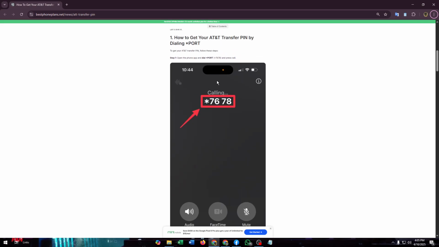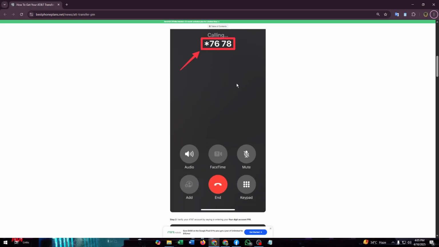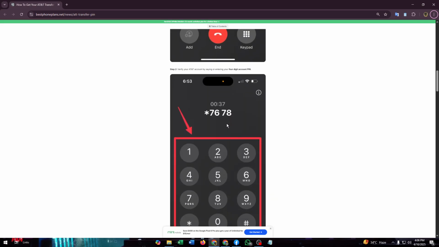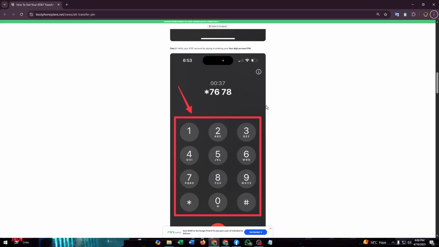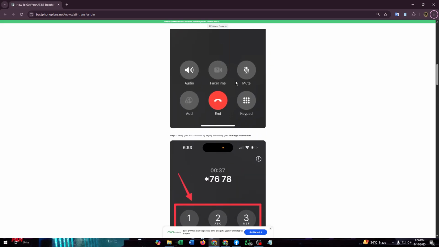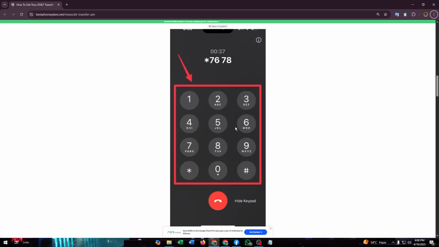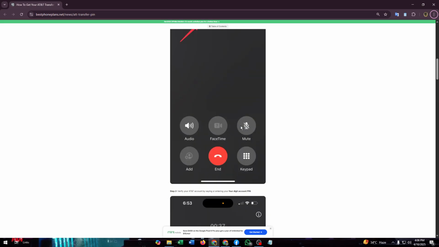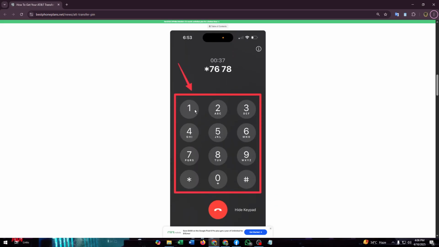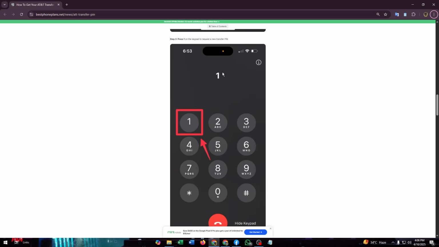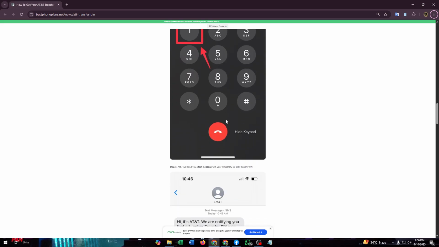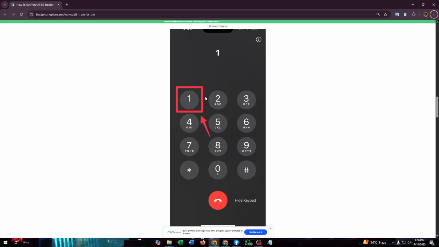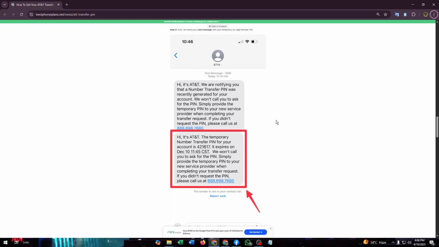For that you have to dial star 7678, then call that number, and after that when you receive the call, it will ask you to pop up your keypad. Then, if you want to get the AT&T transfer PIN, you can just press 1 after the voice prompt advises you to press 1 to get the transfer PIN. Then it will just send a text message to your device where you will find your